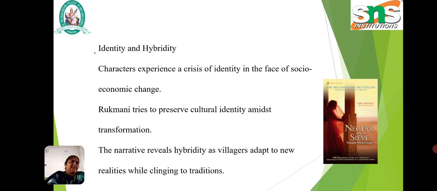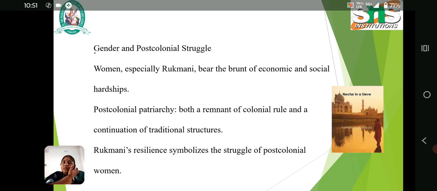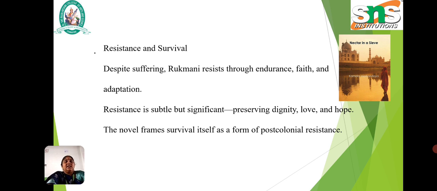Another theme dealt with by Kamala Markandaya is identity and hybridity. The characters experience socio-economic change. Rukmani wants to preserve her cultural identity amid this transformation, and the narrative reveals hybridity: villagers want to adopt new realities, but they are also deeply rooted in tradition. Then, gender, resistance and survival. Despite so many sufferings that Rukmani undergoes, she has faith and she survives, which is a form of post-colonial